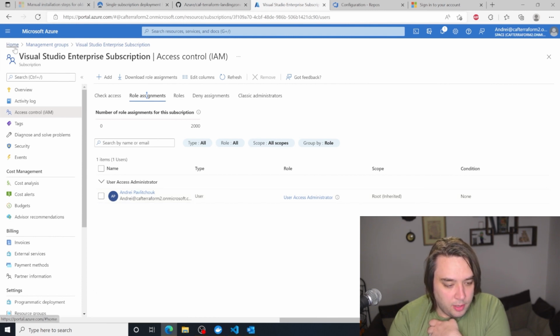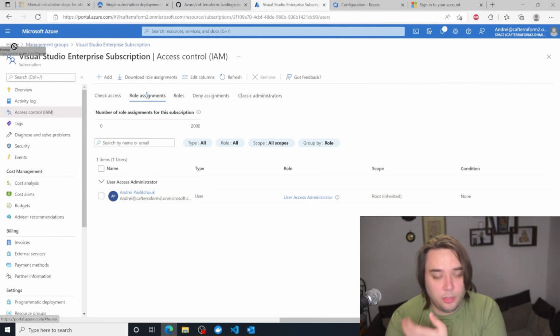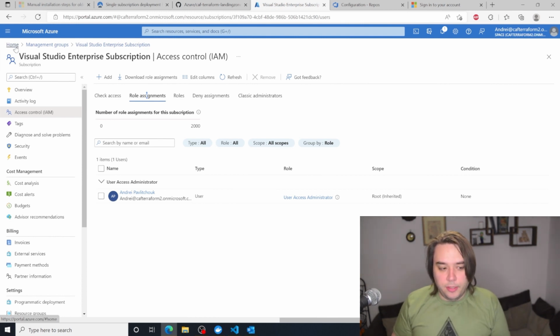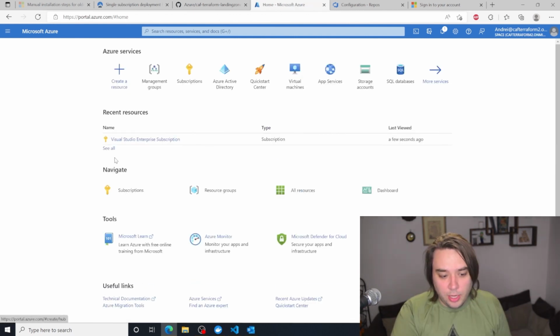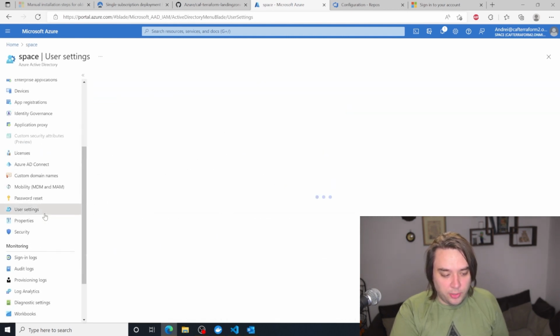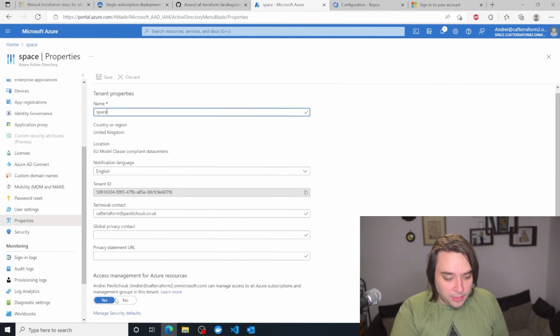What you guys may not be aware of is that if you are an owner of your tenant and you want to see all the subscriptions that are in your tenant, as long as you have global administrator, what you can do is this. You can go into Azure Active Directory, click on properties, and click on access management for Azure resources and put it on yes.